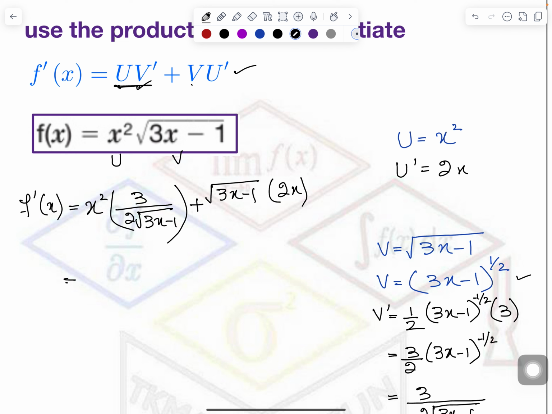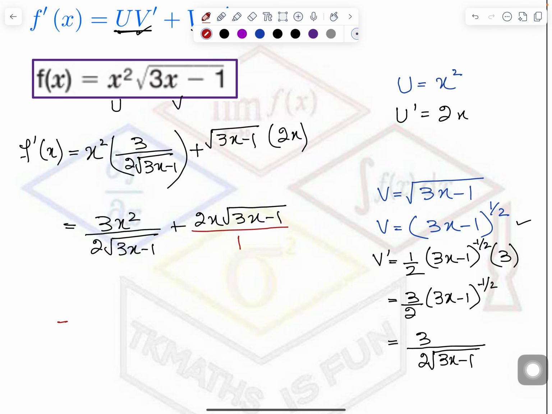So what did I get here? 3x square divided by 2 times root 3x minus 1 plus 2x times 3x minus 1. Now you will not leave it like this. You have to further simplify it here. For this, your algebraic skills of LCM should be very strong. Right now the denominator here is 1. When it is nothing, it is 1. So you know when you take the LCM of these two terms, what does it become? The LCM will be 2 root 3x minus 1. So 3x square will remain as it is,